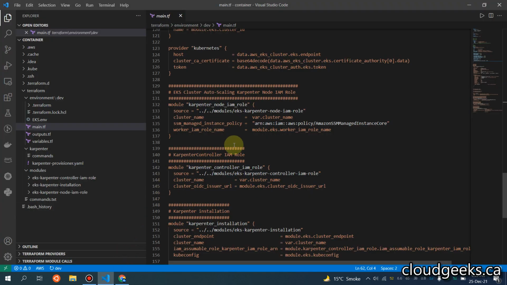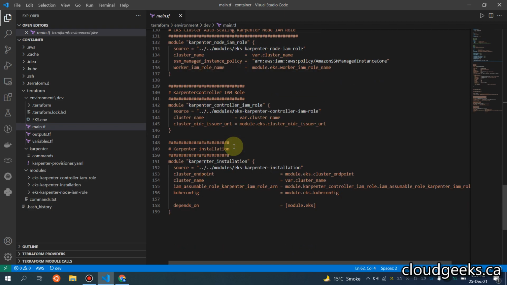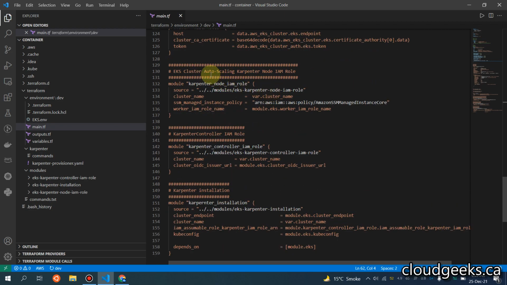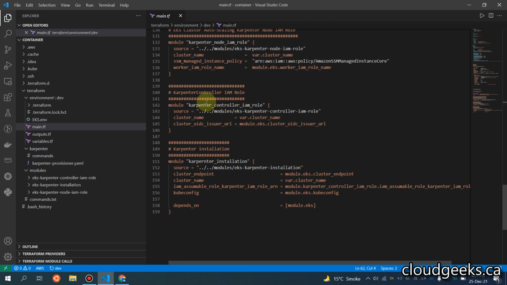So I'm going to pause the video, but before that, let me show you the stuff. It is going to create the EKS cluster node IAM role, and then we are going to set up the Karpenter controller IAM role. This role is going to assume the OIDC OpenID Connect provider by AWS, and the cluster name is going to be fetched from an environment variable. In the last section, we will be doing the Karpenter installation, and it is going to be through Helm, and